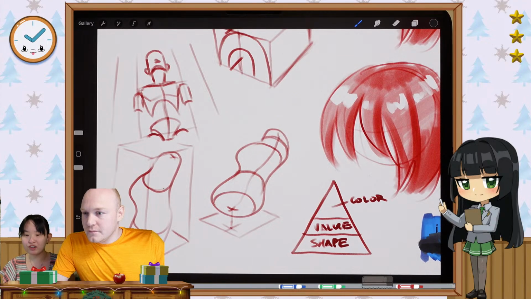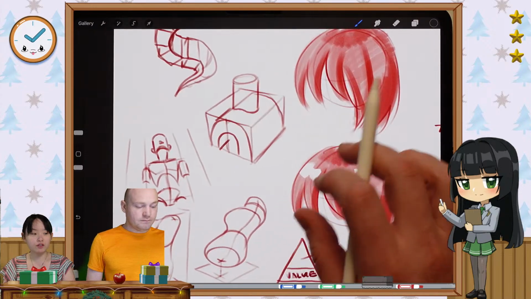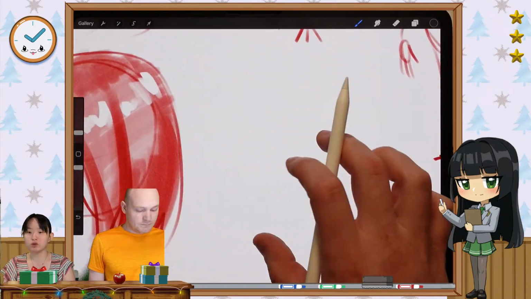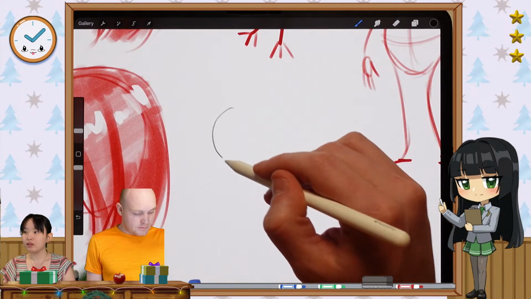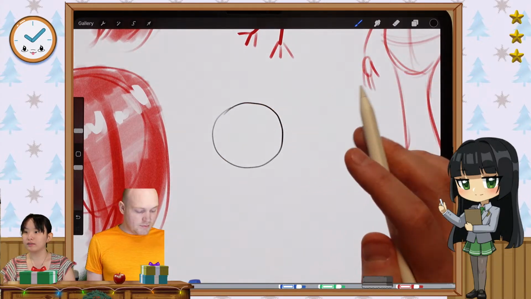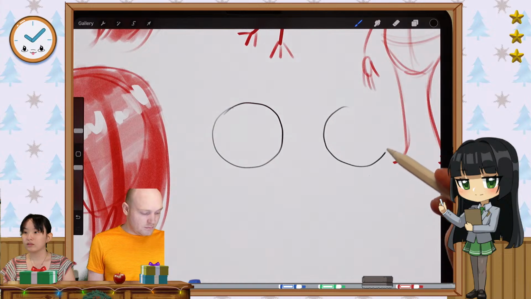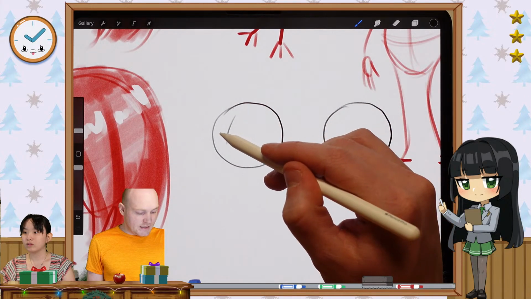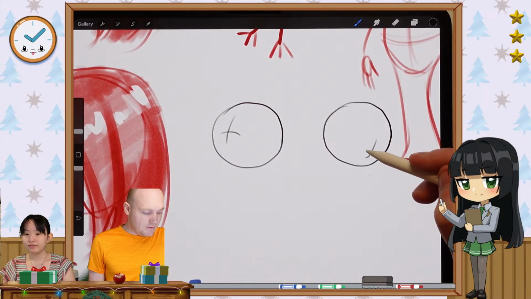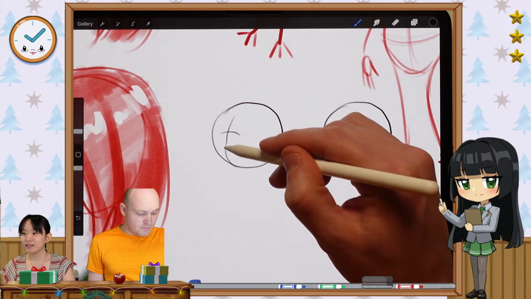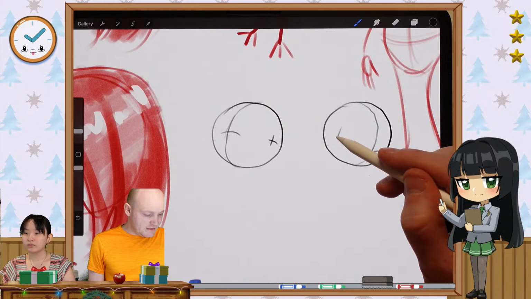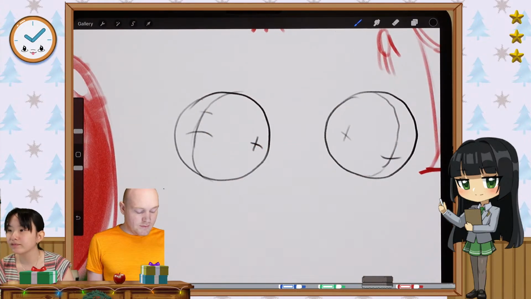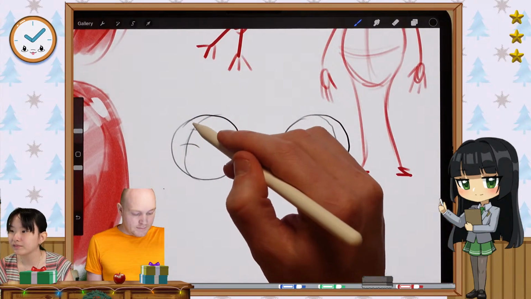How do you draw hair from different angles? Form drawing. Draw a bunch of spheres in different angles and draw forms on top of those spheres. I would say that's one of the tips that I would do. Start with a sphere like that. Draw a bunch of circles. Decide on your orientation. Maybe that one's there, maybe that one's there. So this is the direction that your sphere is facing. And then just start drawing hair around this. There we go.